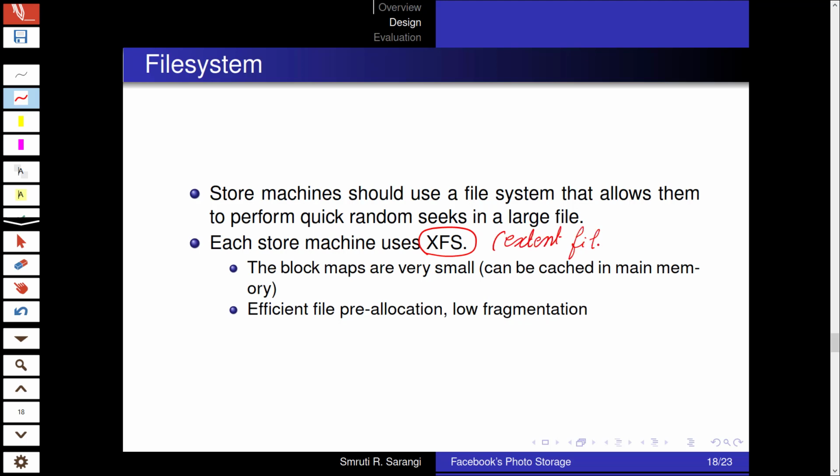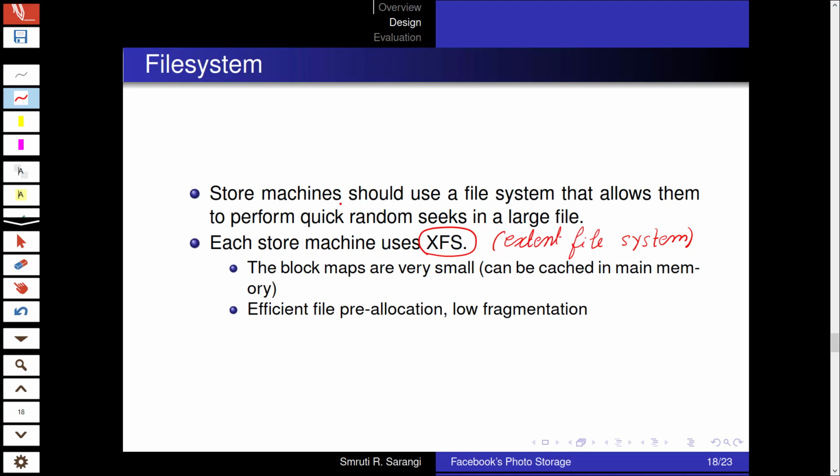So in the extent file system, it's a normal file system. What happens is that we allocate space at the level of disk blocks, and a disk block could be 512 bytes, could be half a KB, 1 KB, 2 KB, not more than that.